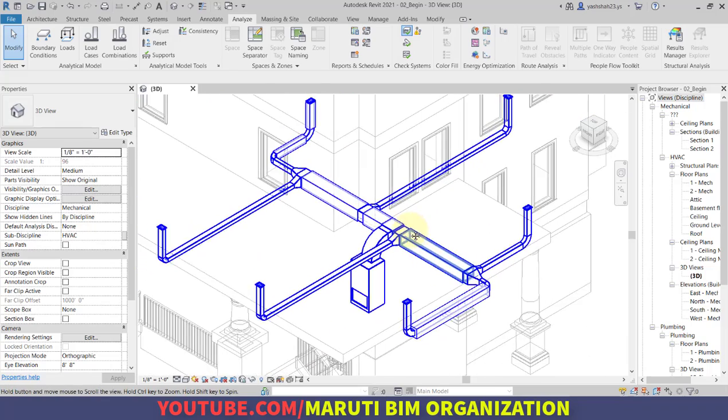So this is how you will be adding insulation around the duct, main duct, branch duct, and you can also check the duct system and create the duct pressure loss report.